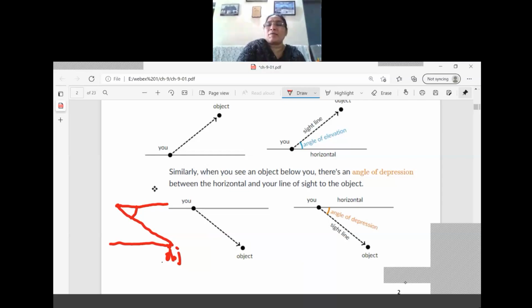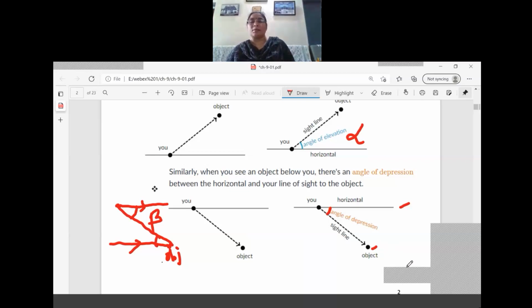Usually elevation is denoted by alpha and depression is denoted by beta, right? So when seeing the diagram itself, you know that the horizontal direction is drawn, then the line of sight is drawn. The angle between the line of sight and the horizontal line is called the angle of depression. Now you are thinking that angle of depression is there, angle of elevation is there. So when this is parallel to the ground level, right? What is the angle of depression here, it is the same here also. Why is it the same? Alternate interior angles are equal.